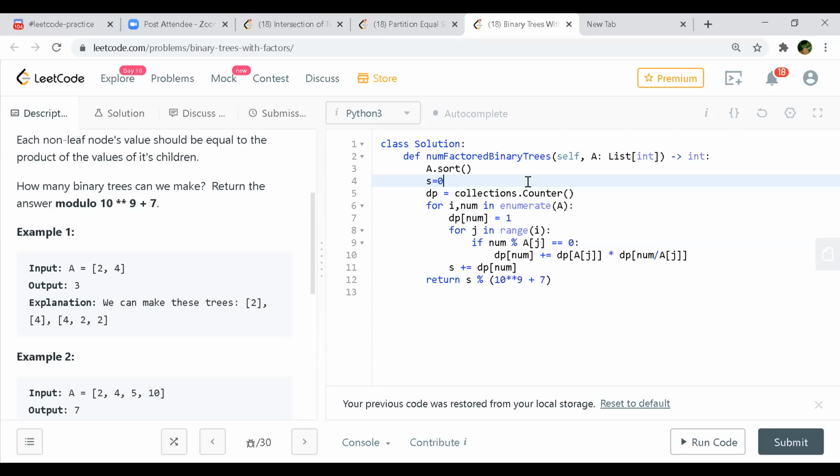But let's say 100 was there in your array, in the second example, 2, 4, 5, 10 and 100. When you try to make it for 100, you will just check whether that particular num of j is in the hash map or not. And if it's there, you can pick that value using this DP array. Can you remove the sorting part and make a hash map and then hash all the elements?